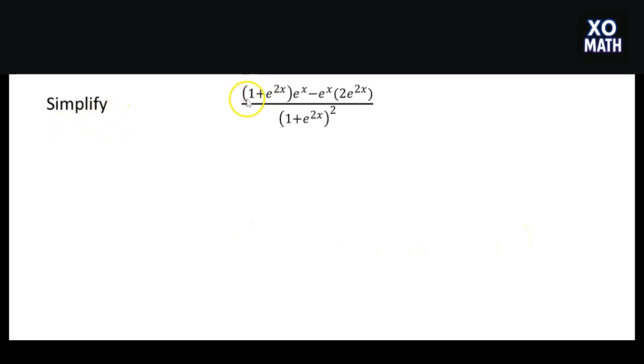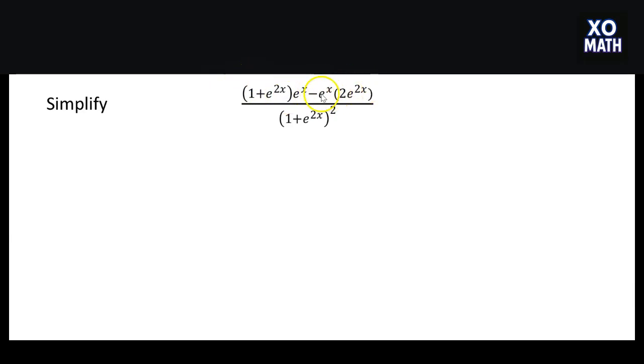We want to simplify the quantity 1 plus e to the 2x times e to the x, minus e to the x times 2 times e to the 2x, all over the quantity 1 plus e to the 2x squared. Here I want to point out that we cannot just cancel the binomial 1 plus e to the 2x that's in the numerator and denominator, because we can only cancel factors, and right now in the numerator